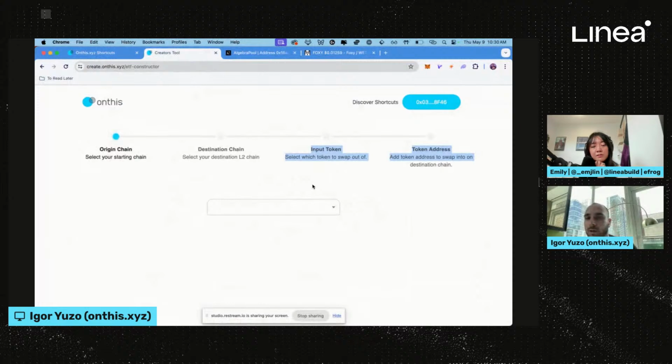Why is that interesting to builders? For several reasons. One is they want to perhaps create bundle strategies or themed strategies. For example, buy DeFi themed tokens on Linea or buy gaming themed tokens on Linea, and they want to create bundles for that. The second use case is